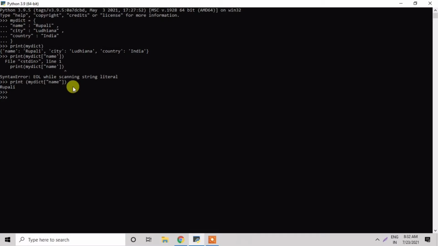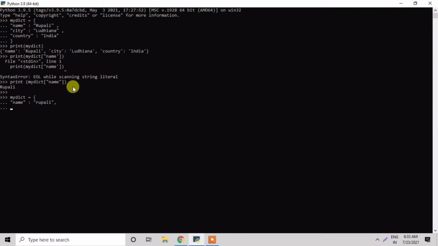Now the next example is duplicacy. Suppose I take a variable name myDict, and after that curly braces start, and in the next line I give some values. My first key is name and its value is Rupali.